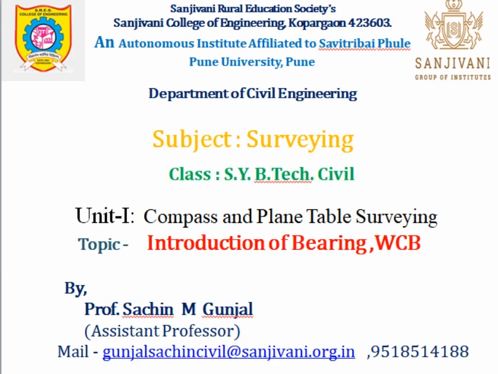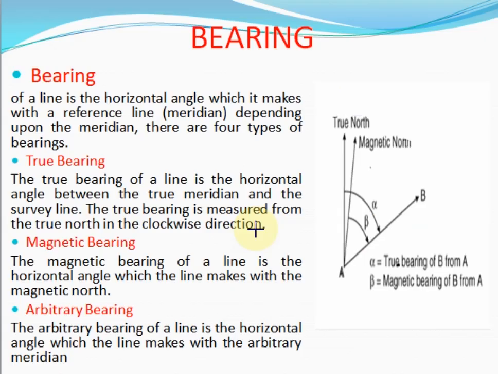In the previous lecture we saw the different types of surveying, the classification of surveying, compass surveying and traversing. In this lecture we see the bearing. A bearing is nothing but the horizontal angle between a reference meridian and the survey line. If the reference meridian is taken as true north,